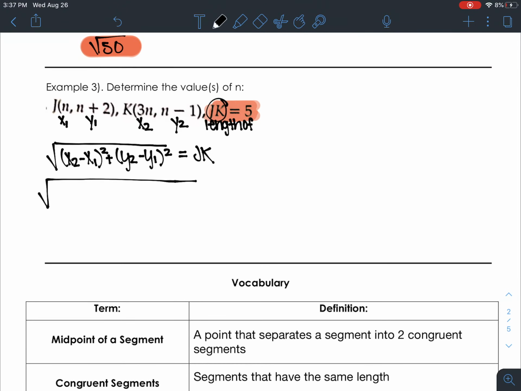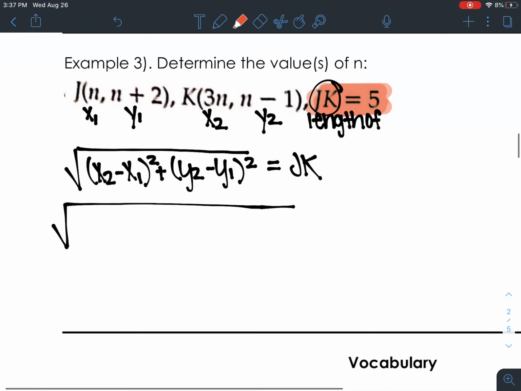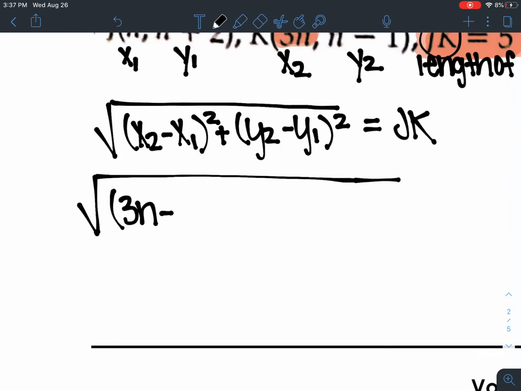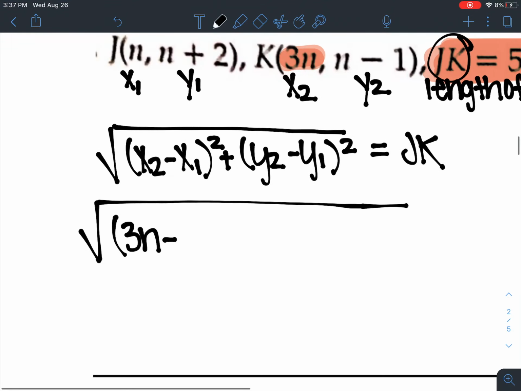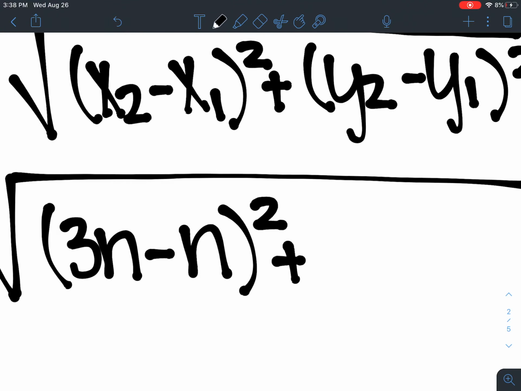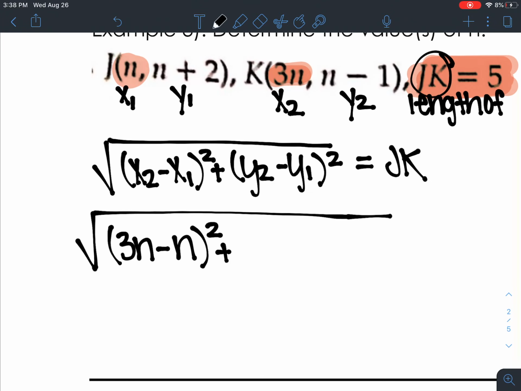Okay, so what did we label as x2? Well, we labeled it as 3n. So that's what I'm going to plug in for x2. So I have 3n minus, all right, and what's x1 is just n. Close it up. Squared, plus, all right, y2 is this whole thing of n minus 1, so that's what I'm going to plug in, n minus 1,